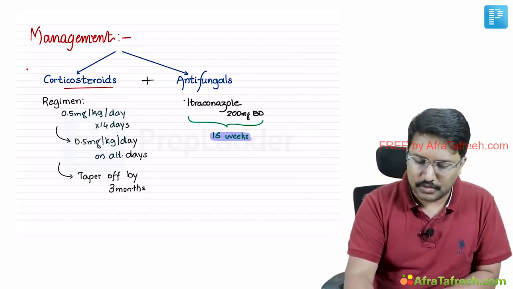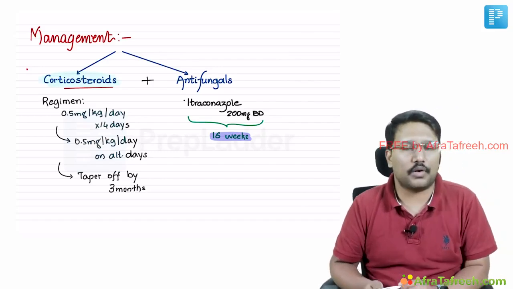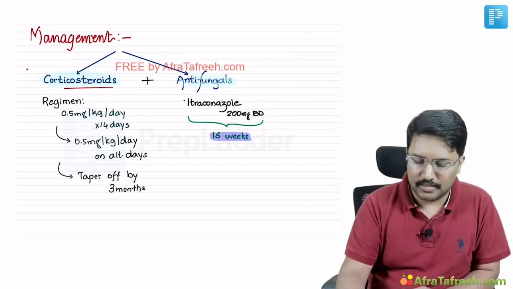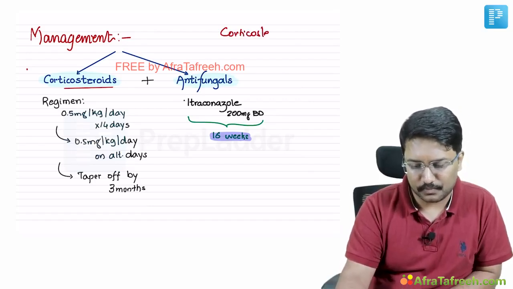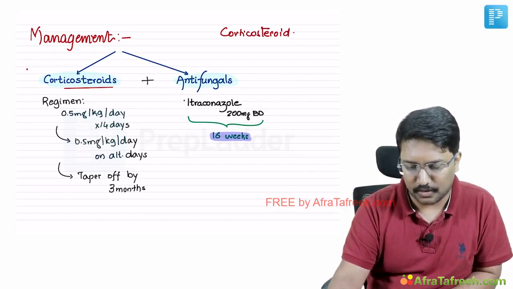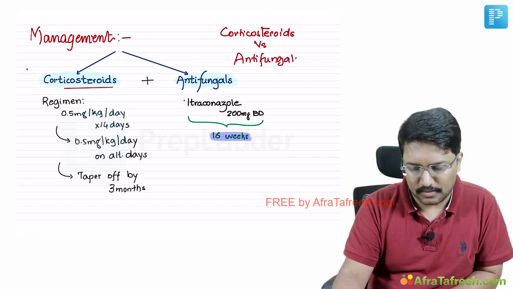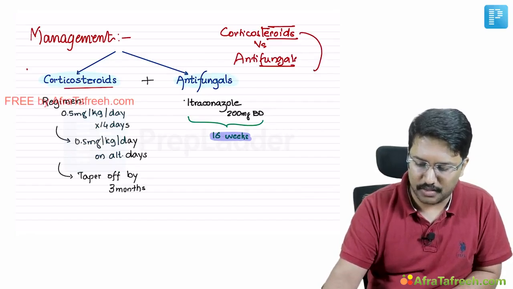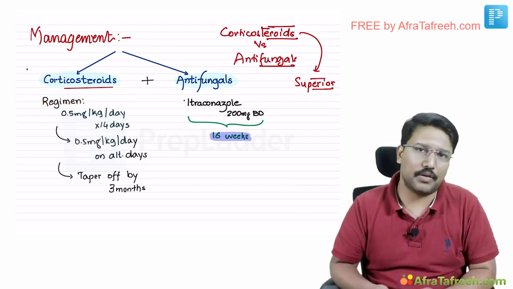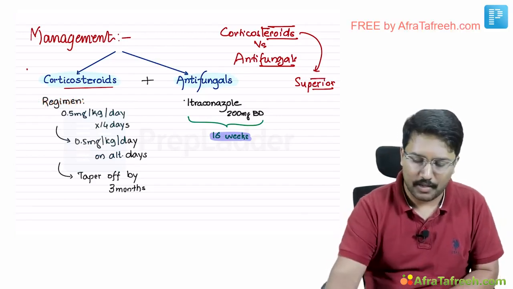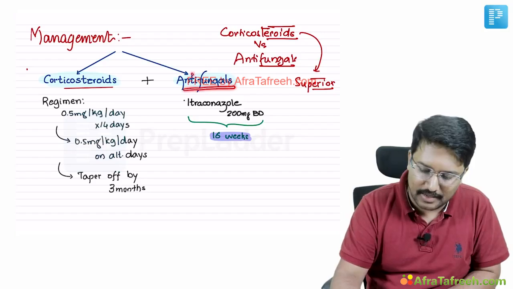Well, mostly what we understand about the management of allergic bronchopulmonary aspergillosis stems from our experience with corticosteroids. Okay. Very recently only we have started using antifungals, and studies have shown that corticosteroids are superior in comparison to antifungals alone. When corticosteroids versus antifungals studies were done, what is agreeable is that corticosteroids are definitely superior agents, right? They had been the mainstay of treatment for the last 4 decades, and they continue to be the most important drug when it comes to ABPA management.